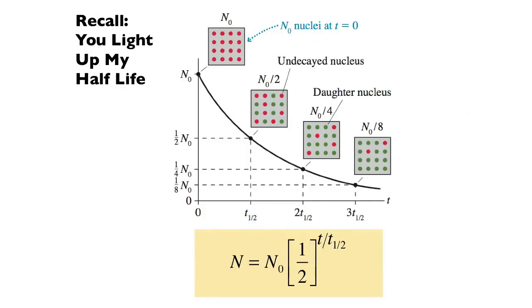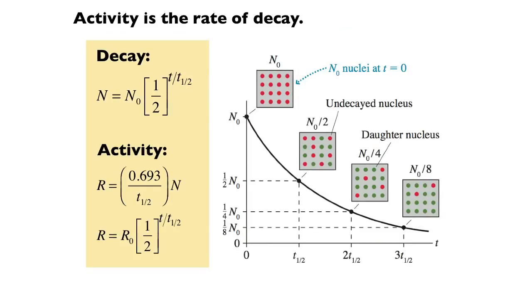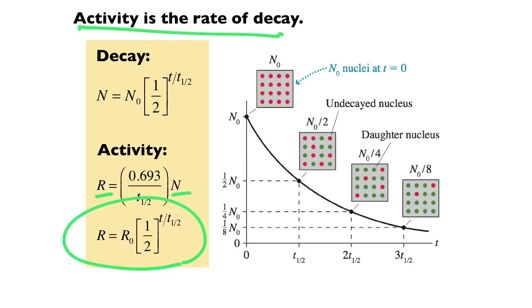Now I want to talk about half-life, and we talked about this previously. If you have a radioactive nucleus or a collection of radioactive nuclei, you're going to have this decay, and it's an exponential decay, and so every half-life, the number of atoms you have is going to decrease by half. Remember that concept. We also saw that the activity decreases with the same relationship because the activity R is just proportional to the number of atoms that you have. Activity is the rate of decay, and since a certain fraction of the atoms decay in every interval of time, as the number of atoms goes down, so does the activity.